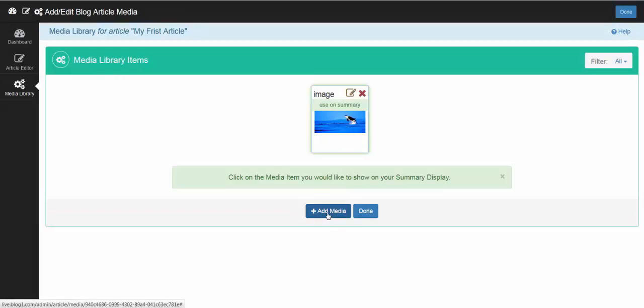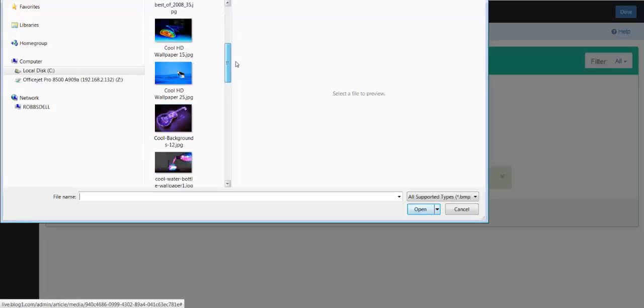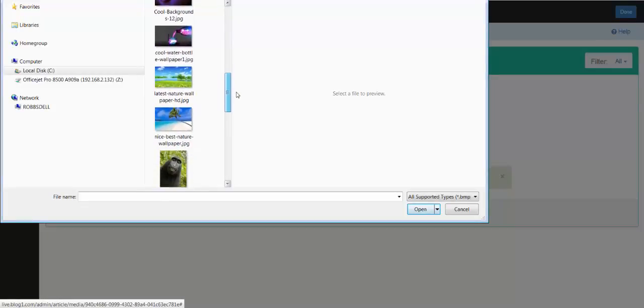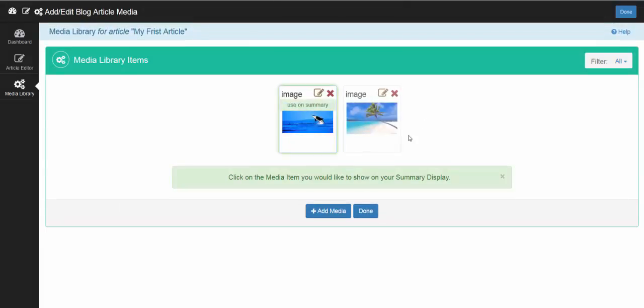So for the sake of argument, I'll add another image just to show you the differences. Upload that one as well. Here, if I click this second image, see how this image has Use on Summary. If I click this one, it'll switch Use on Summary, and all that does is basically allocate which image or media item will be used on the main page or on the summary page. So I'll just click Done here,